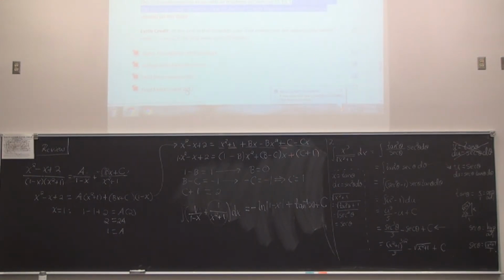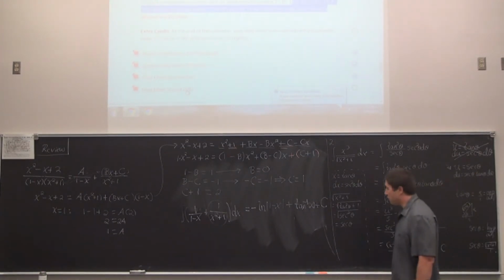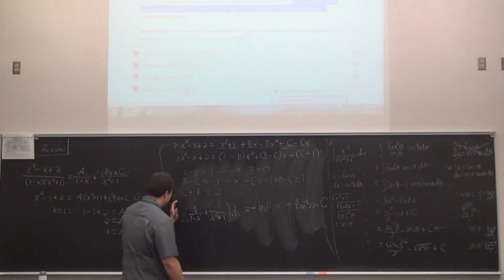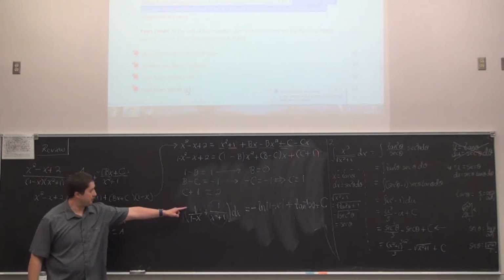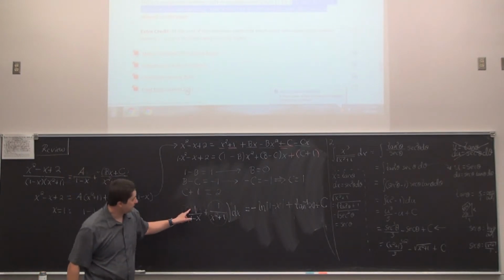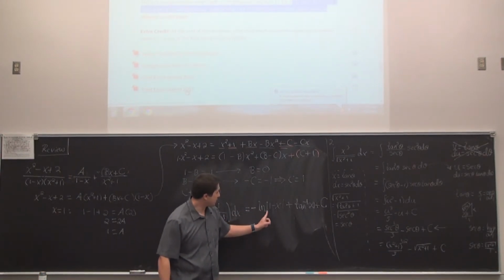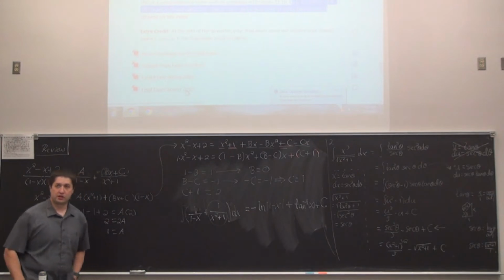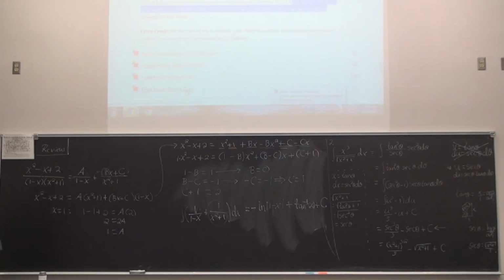Any questions with number 3 then? Okay, so for this kind of problem, when you see this on the exam, suppose you just got stuck on the decomposition and ran out of time. What you could say to get partial credit is explain how you know the answer will be the antiderivative of this, where you leave a, b, and c as is, and then you would find the antiderivative. You would know that the first one's a logarithm, the second one's a tangent inverse, but the form depends on a, b, and c.